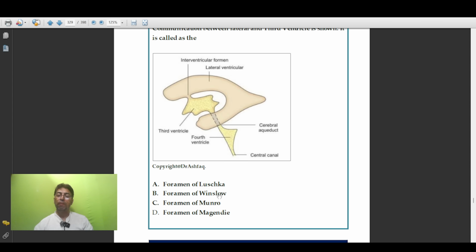The foramen of Winslow is also the epiploic foramen between the lesser sac and the greater sac. No, I mean to say, relation over here. So the answer to the question over here is the interventricular foramen of Monro between the lateral and the third ventricle. I hope that you remember this thing, the circulation of the CSF